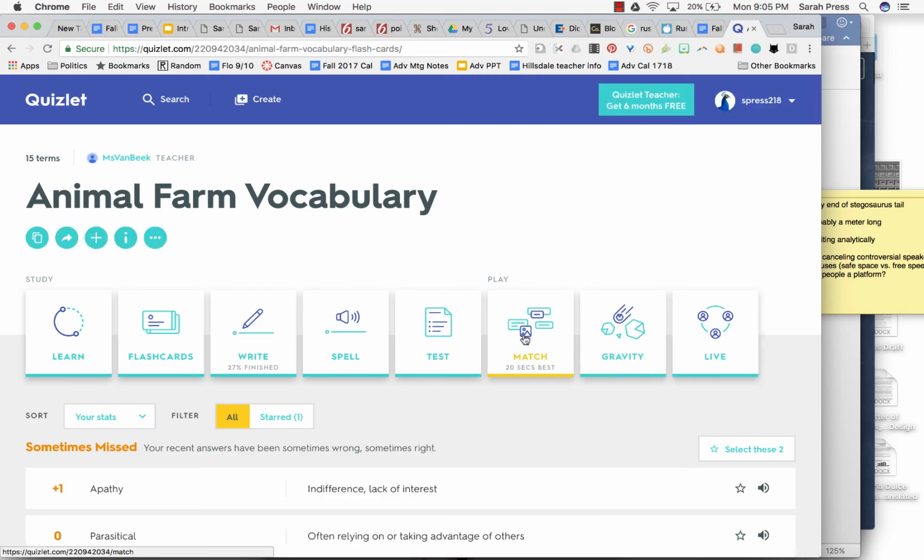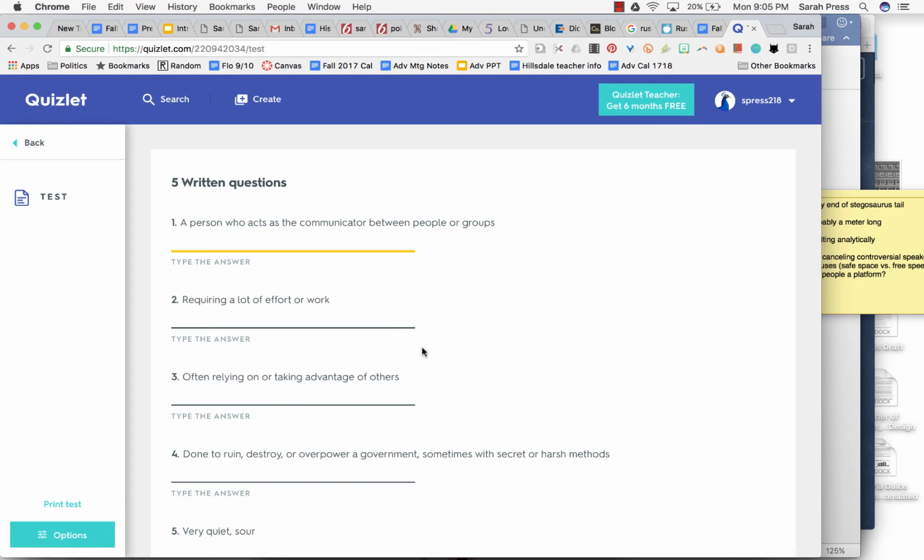There are a couple other games that you can do here as well, and you can also test yourself. Okay, so now it's asking me questions. So the person who asks is the communicator between people or groups. I would know is the intermediary. Okay, and remember that on the quiz, you're going to have to know 3 words and a related word and its definition as well. So besides intermediary, I might know that inter means between, and an intersession is a session that happens between 2 main sessions. So an intersession might be having classes over winter break, for example, as an intersession review between the fall and the spring semesters.